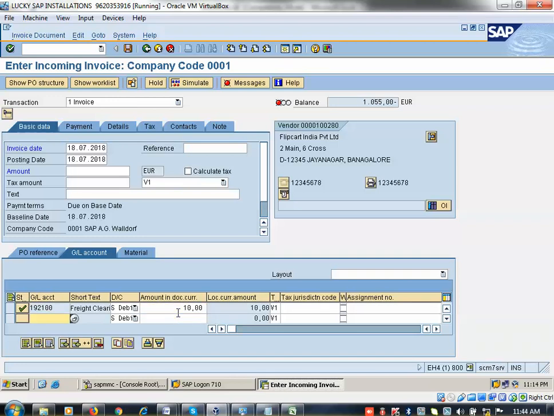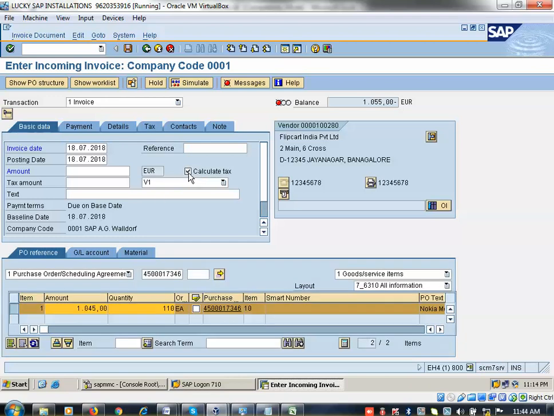Okay. So freight is always an additional cost. It's not related to product price. It's additional handling charges, courier charges, freight charges, or delivery charges we can say. Okay. Now here you can add this one, calculate tax, for this cost. So tax is also an additional component other than the purchase order.